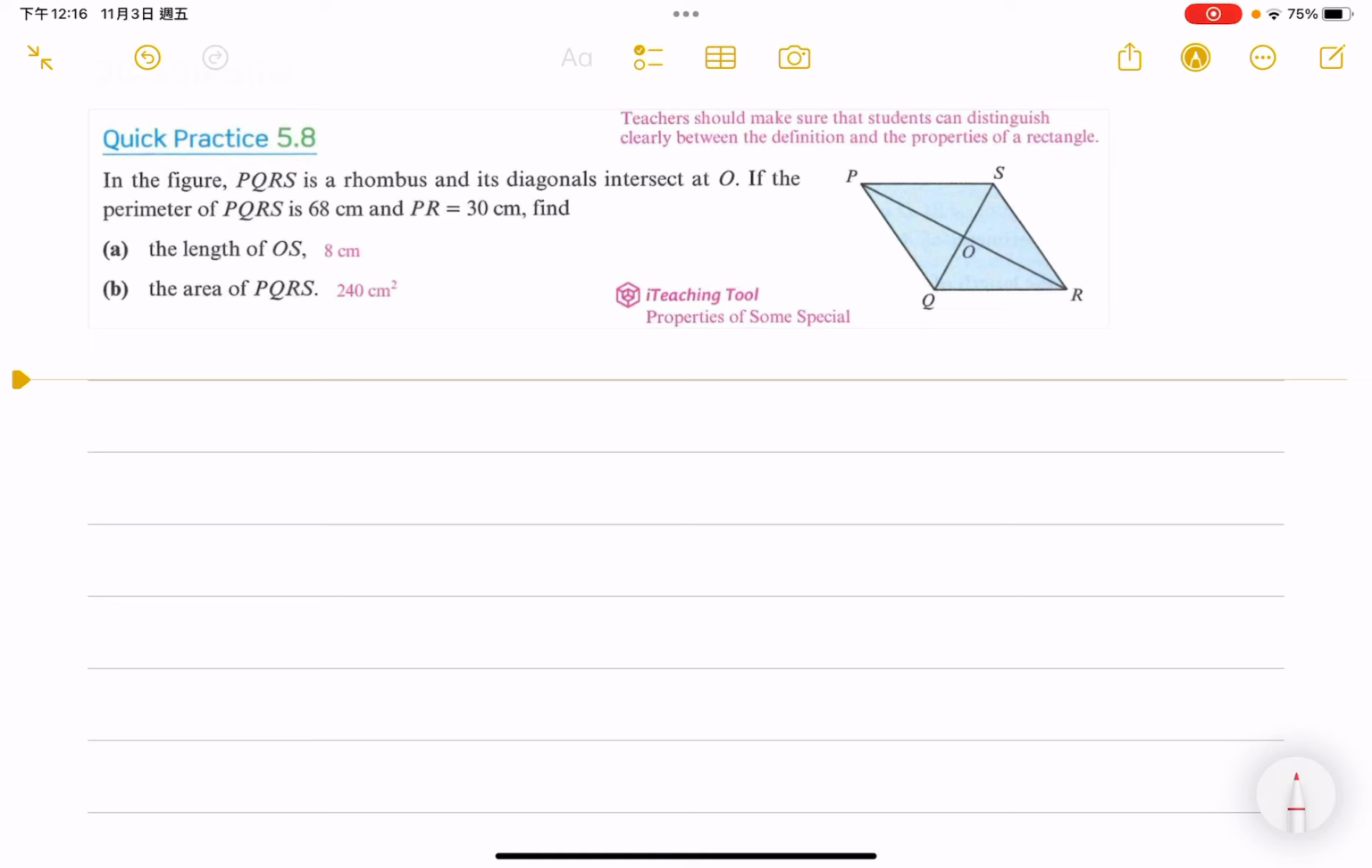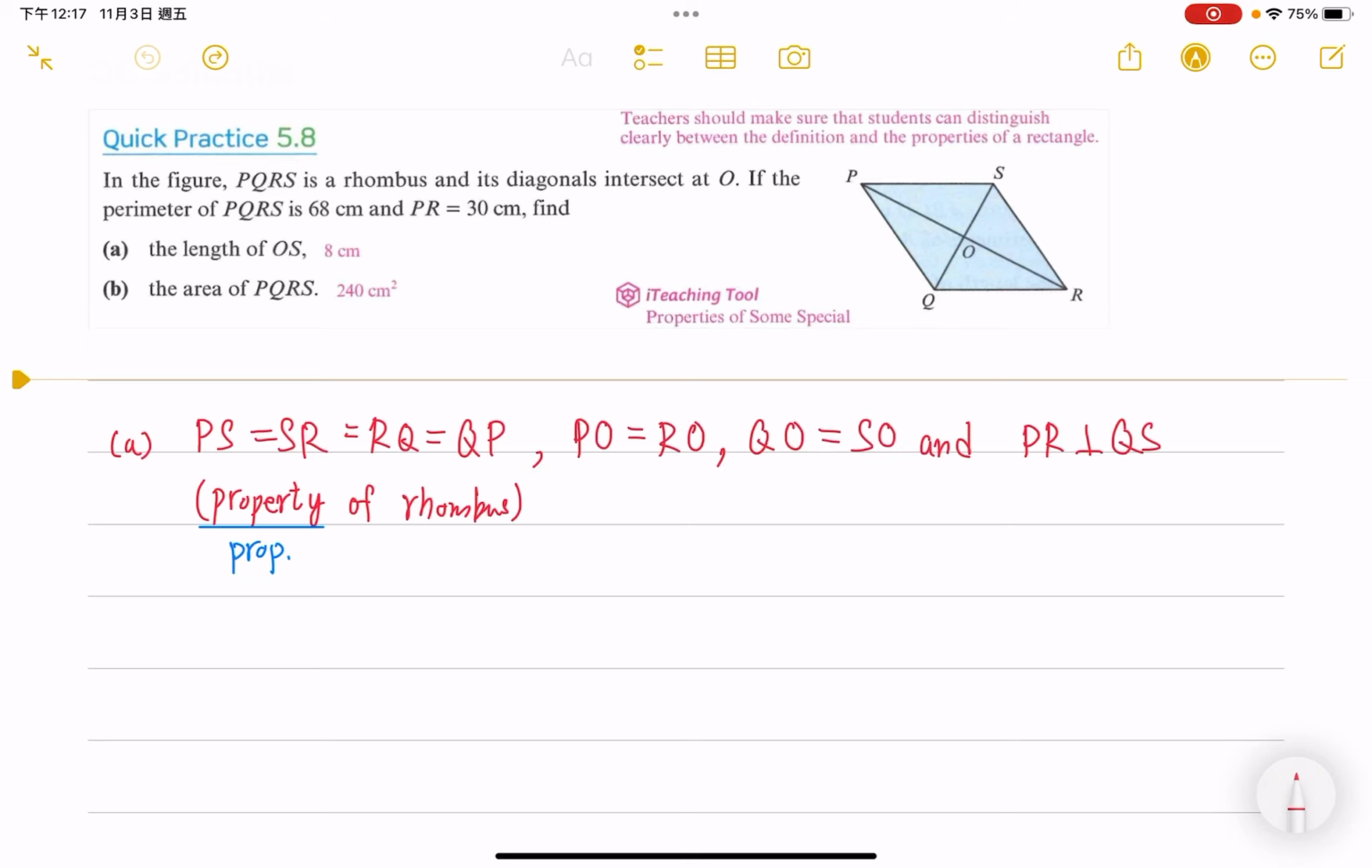In order to do this question, we have to make use of the Pythagoras theorem. That is, we should have the 90 degrees, and also QS is bisected by point O, and we have to make use of all this information in order to solve the problem. So for part A, we have to find the length of OS, and for part A, we have to recall the properties of the